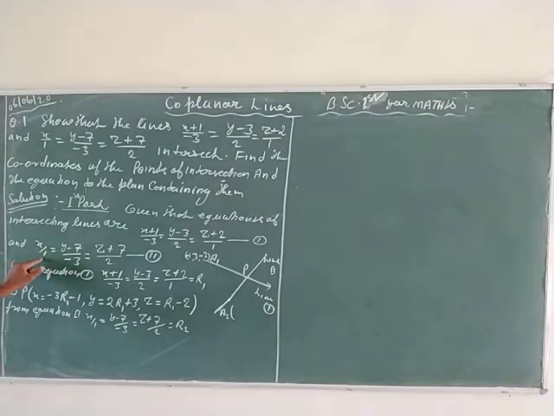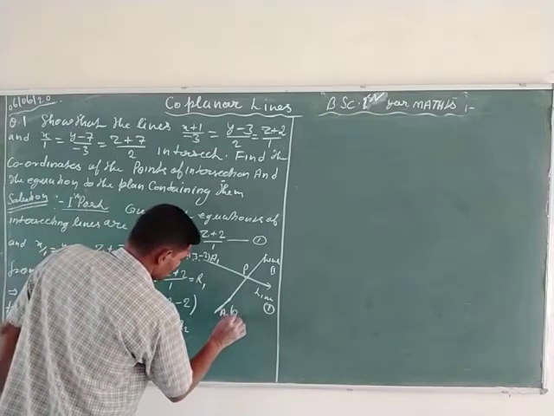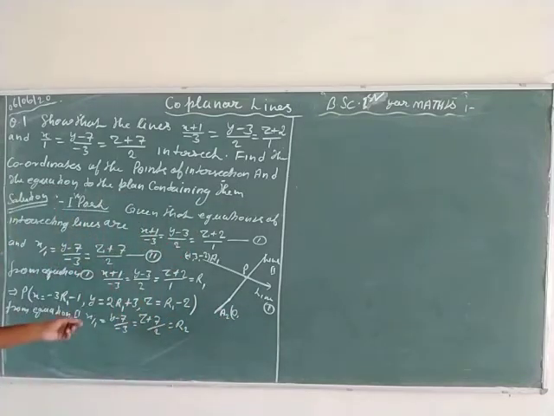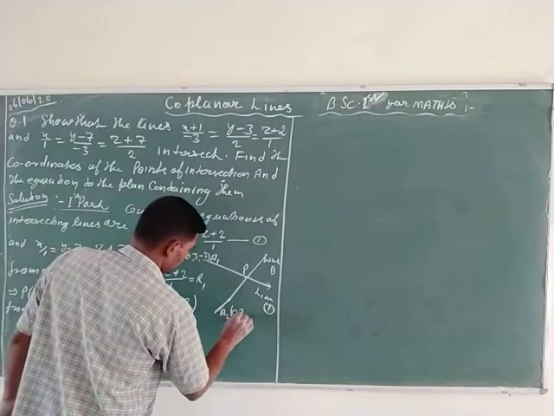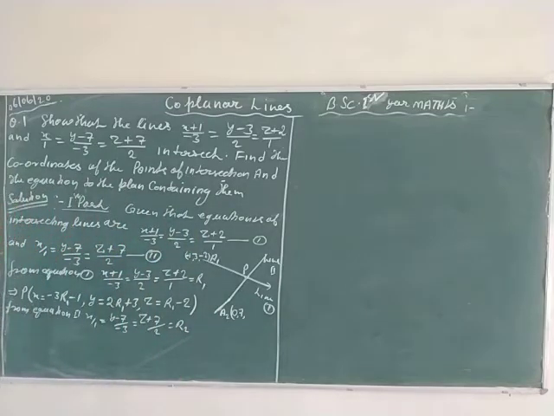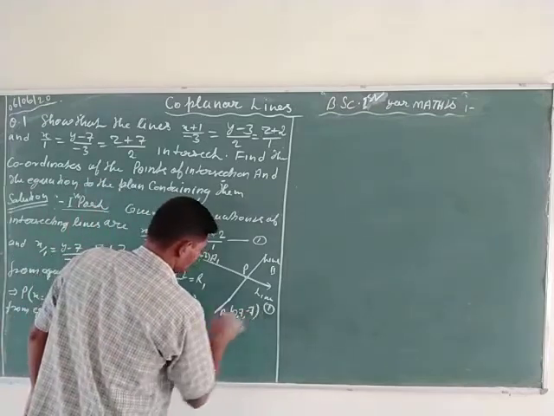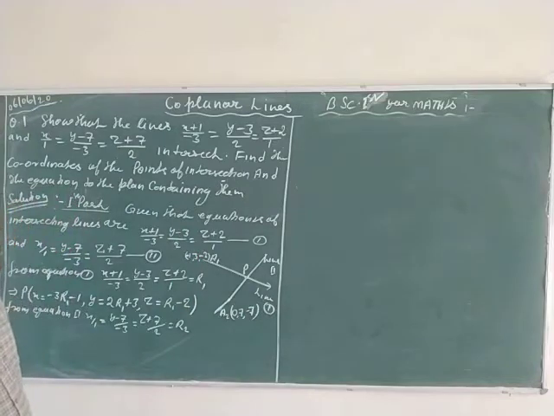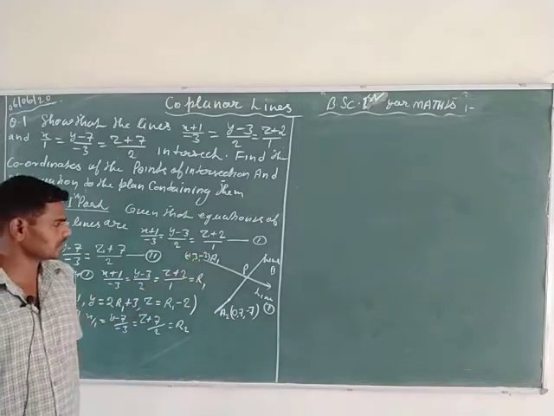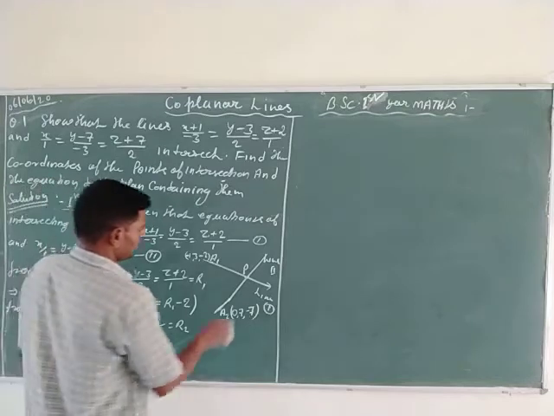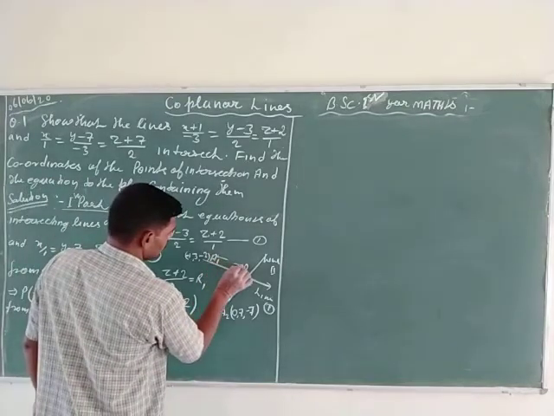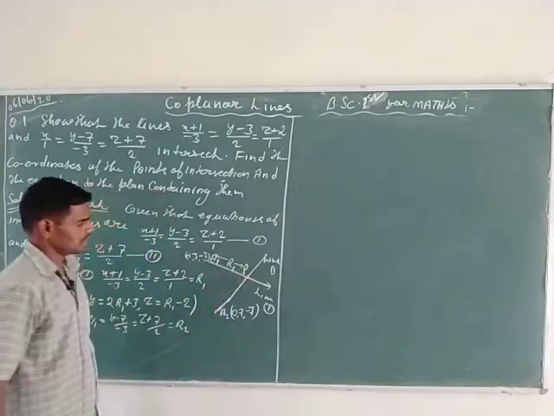Here write x by 1, so x minus 0. So the first coordinate of A2 is 0, the second coordinate is minus 7, minus means plus 7, and the third coordinate of the point capital A2 on the second line is minus 7. So from the figure, the value of r1 is the distance between the 2 points capital A1 and capital P, the intersecting point, on the first line.